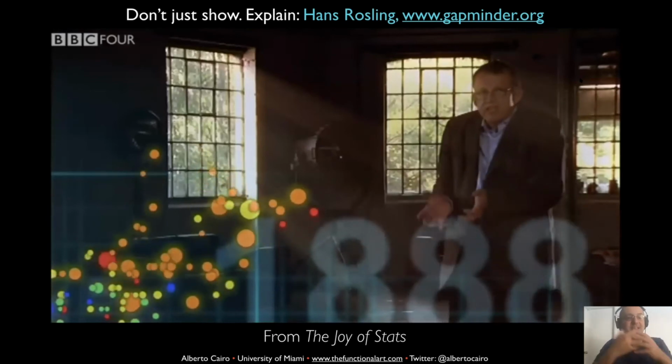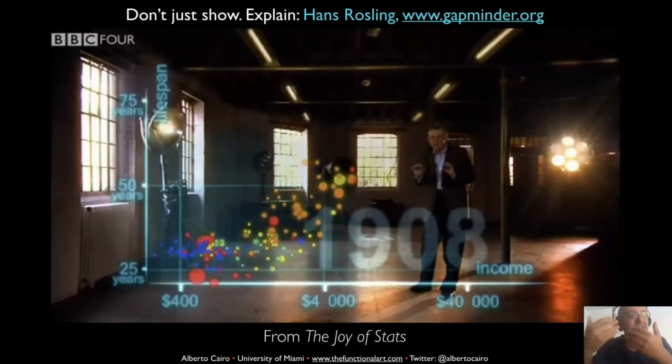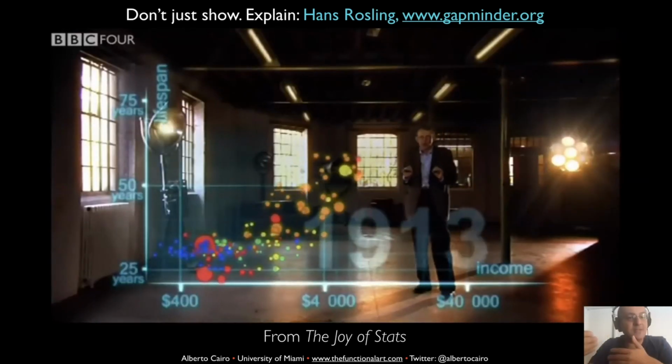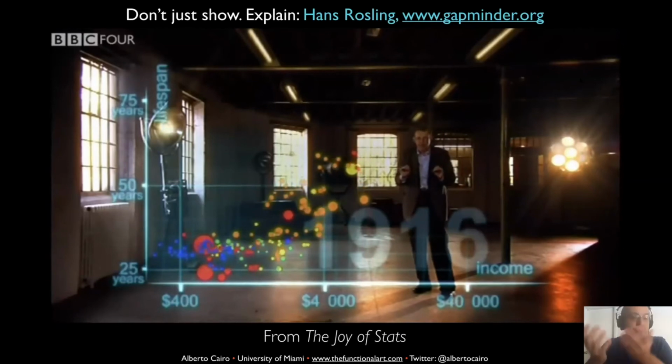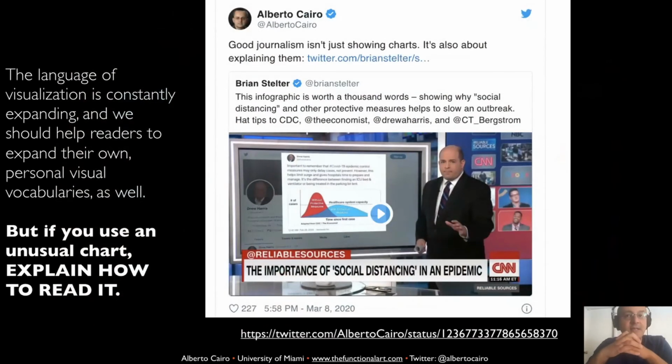And that's great because it actually helps people understand not just this graphic, but any graphic of this type that they will see in the future. More recently, we have seen people doing this with coronavirus graphics, right? Which is great. I have seen complaints online of regular people complaining that they don't understand a logarithmic scale. Well, sure, of course, logarithmic scales are quite unintuitive, right? But if you explain how to read a logarithmic scale, people will understand it. So if you use a logarithmic scale, explain how to read it and why we use that scale.